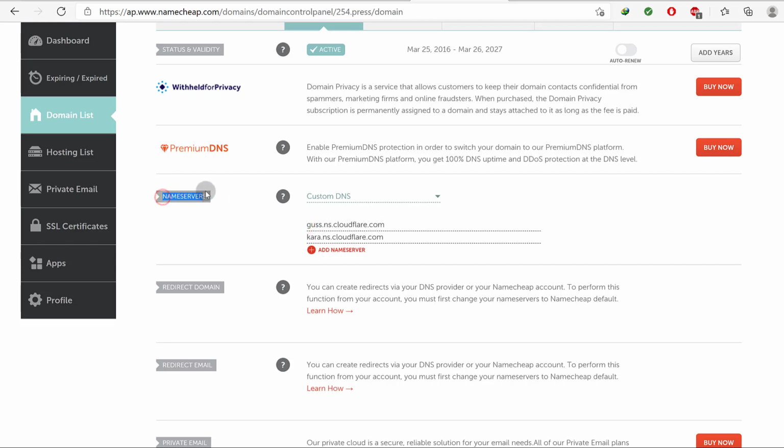Please note that it's name servers, not DNS. Okay, the name servers, you can change your name servers on any platform, wherever you bought your domain from. There will always be a way for you to change your name servers. So add the 2 name servers that Cloudflare provides you, and then as soon as you do that, you go